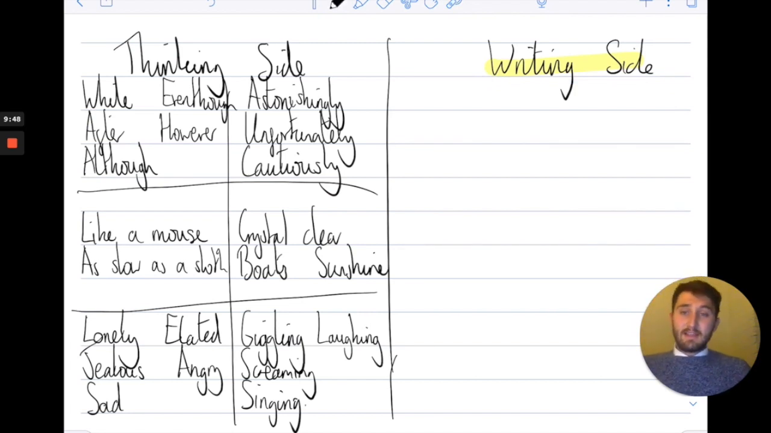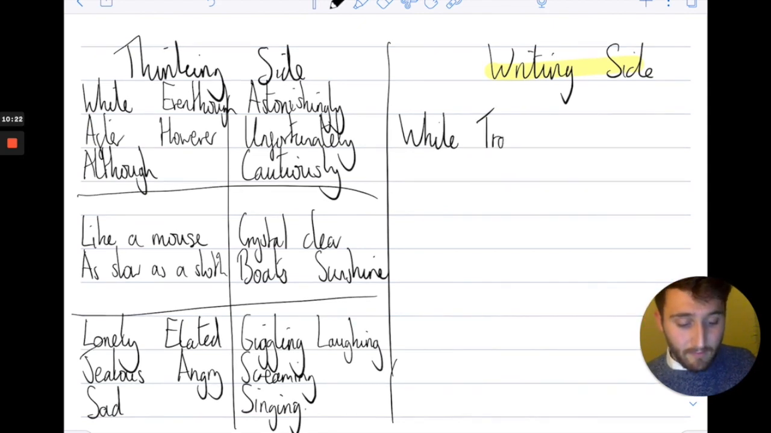Now this is where I need to think back to Monday when I did my drawing and to write some sentences about our book Escape from Pompeii. So thinking of my first box, I've got the words like while, after, although, even though, however. I'm going to start my sentence with one of these. So I'm going to use the word while. So I'm going to say while Tranio, who is our main character in our book, was sleeping,